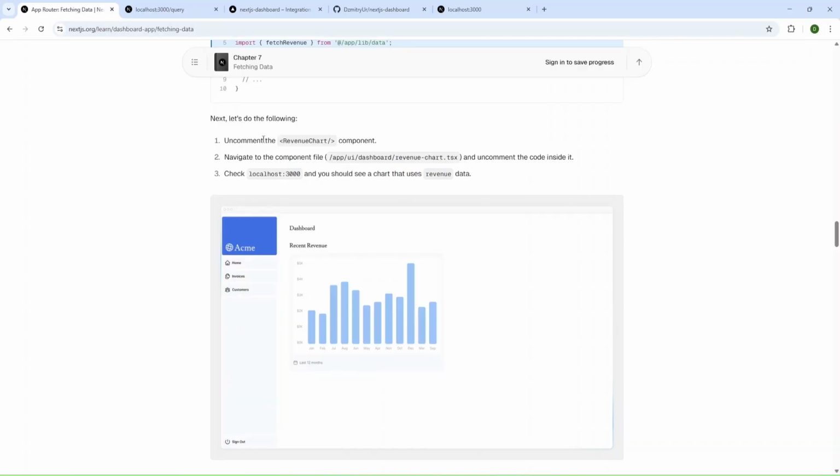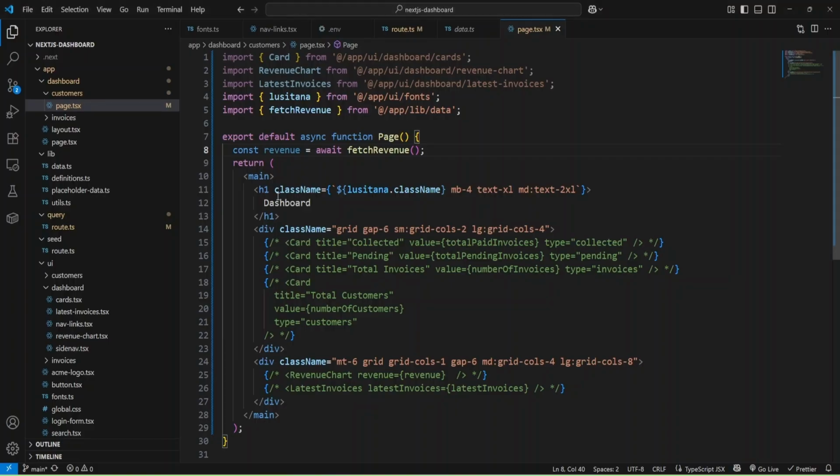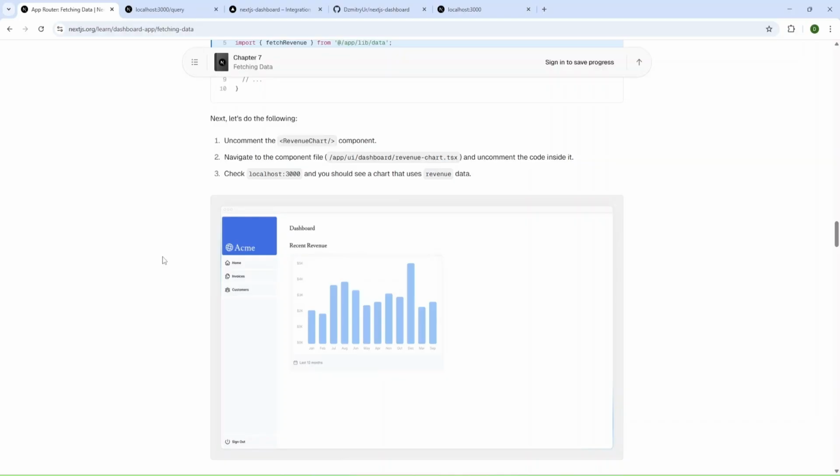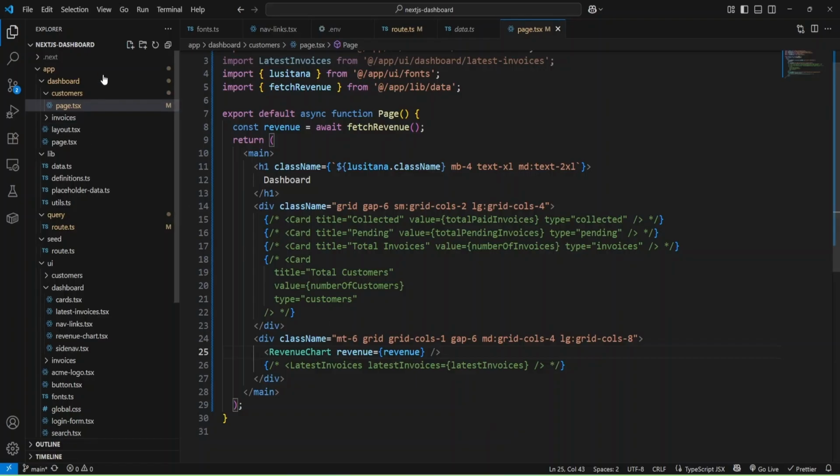And next we need to uncomment this chart component, the revenue chart component. Okay, here let's uncomment it and check what's next. Next we can go to the dashboard revenue chart and uncomment the code inside it.